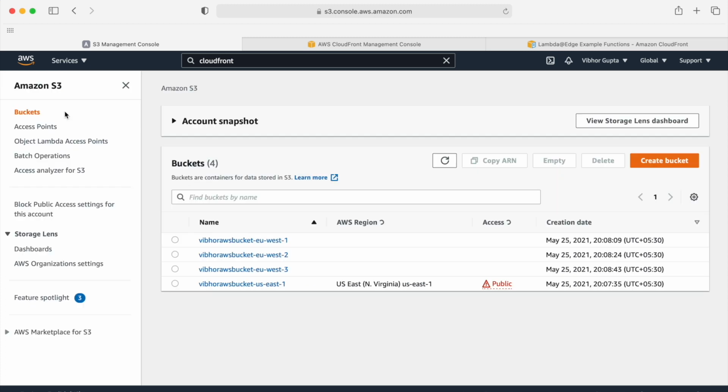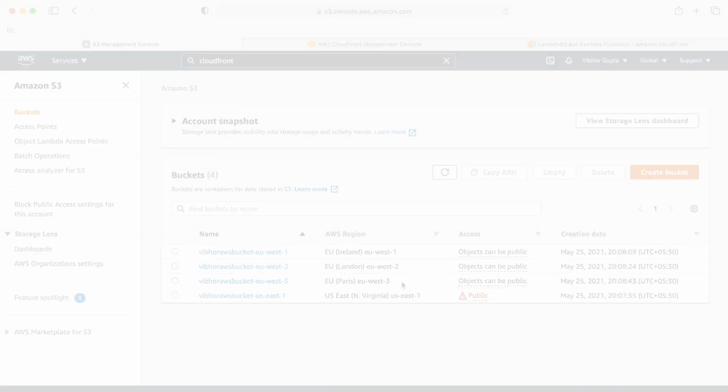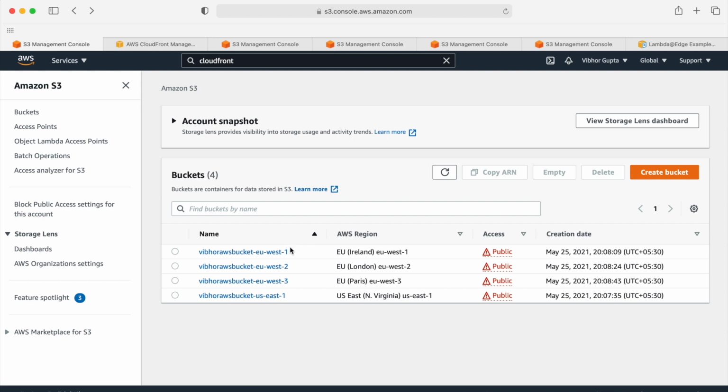Move back to the bucket. So one of our sites is public now and data has been uploaded. In the same way, I am going to upload data for all 3 buckets, and I am going to pause this video. So I have uploaded content in all my 4 buckets, made them public by using a bucket policy, and also enabled them for static hosting.